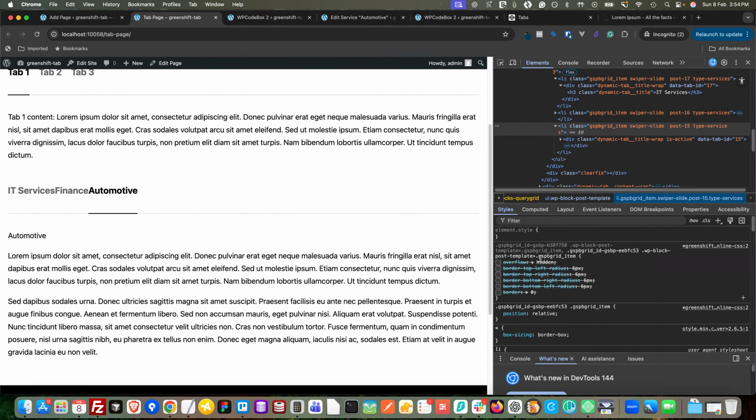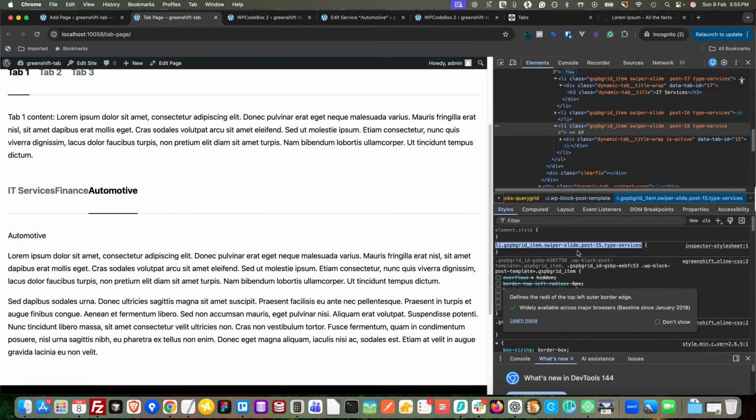Okay, here it is. Our GreenShift style is applying here. That is the reason why it is not showing the active tab border. Okay, what I'm going to do is copy this and make this